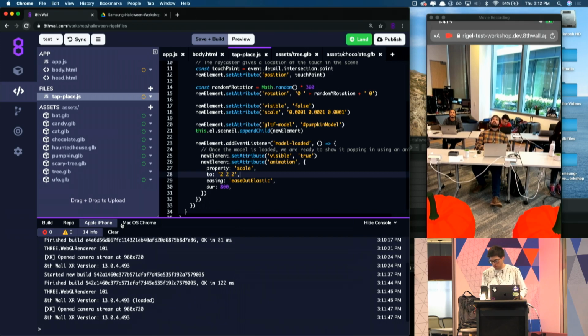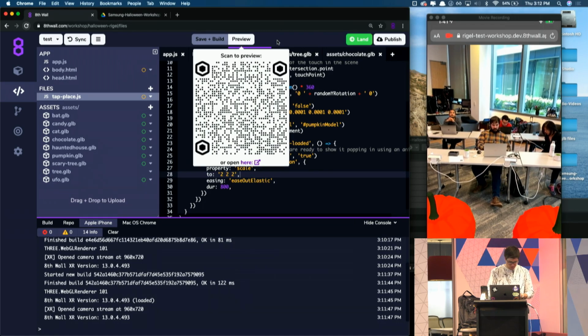So one really cool side effect of this is if you happen to have another device with you, and you scan this preview code, you'll be able to see all of your devices connected at once with all of their different unique error messages that are coming in depending on what device you're using. And so I can actually try